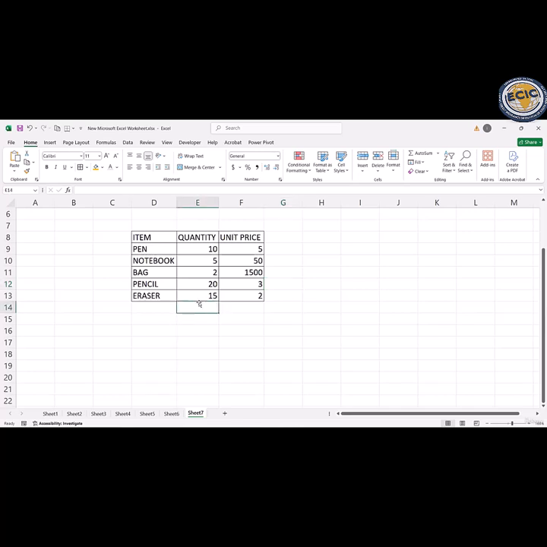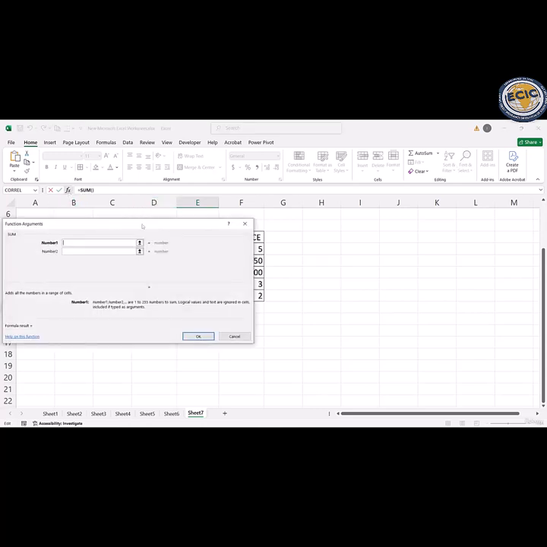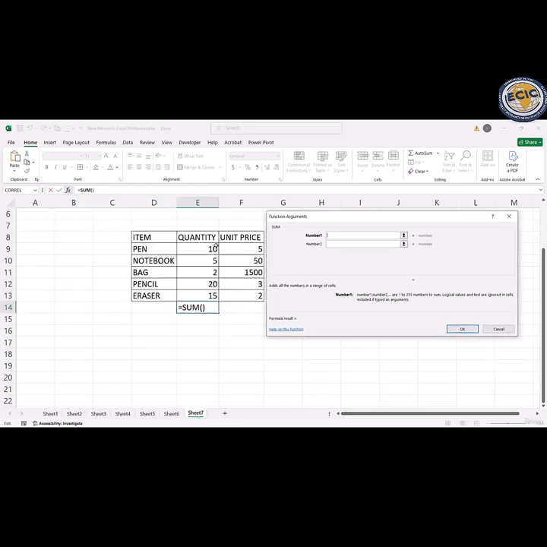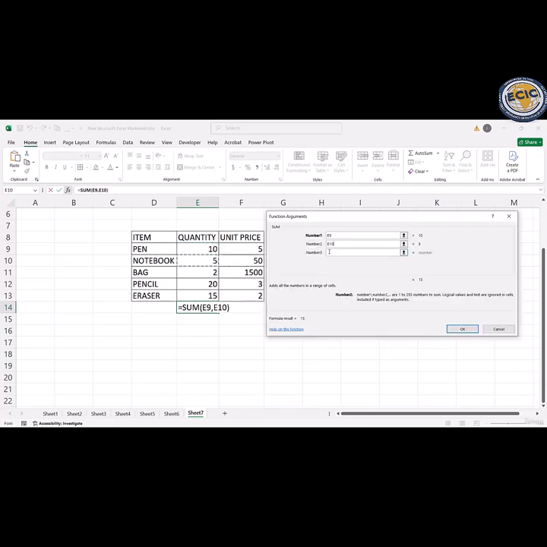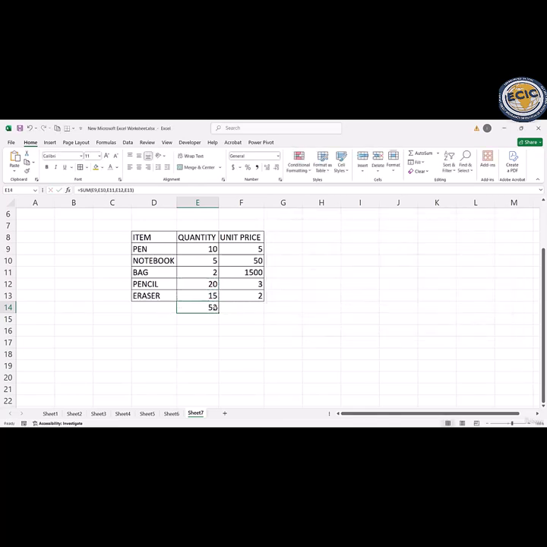So let's say I add up all the quantities. Here it will call the SUM function, and then I'll go to the function arguments, and select the numbers: this is the first one, and after that this is the second, and if I select the third number, for the fourth number I will select, and for the fifth I'll select the fifth number. If I press enter, then as you can see this is 52, and you can also